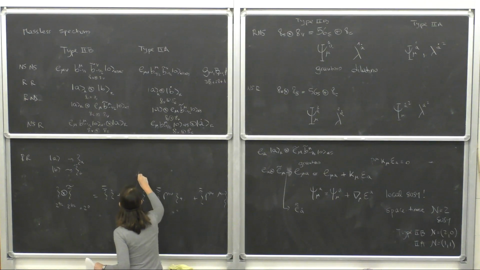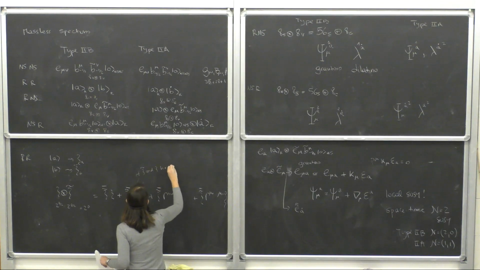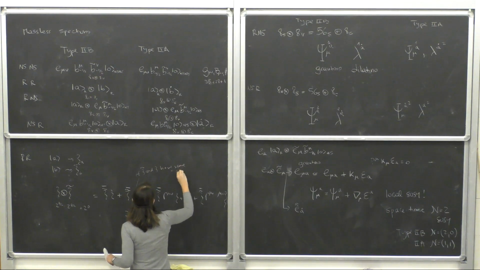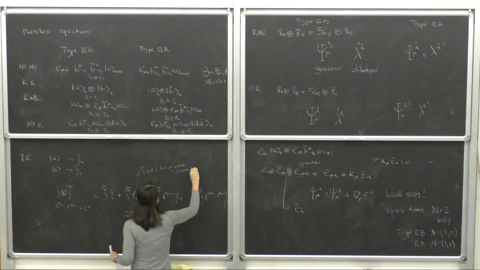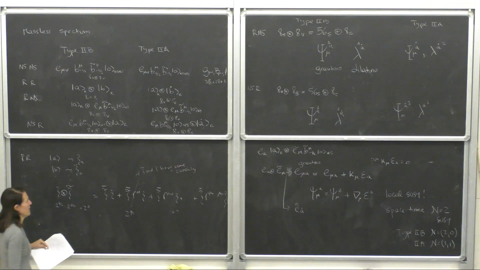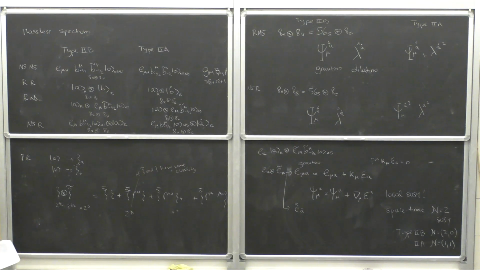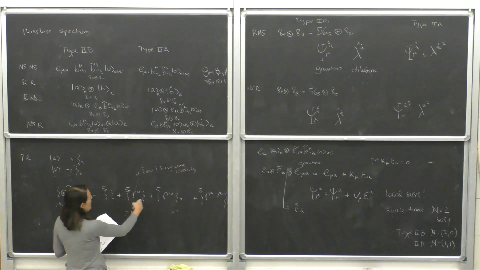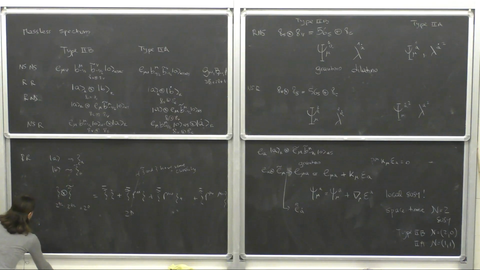So if psi tilde and psi have the same chirality, then you get only things with an even number of gamma matrices. And the opposite, if they have the opposite chirality, you get something with odd number of gamma matrices. So what you get are forms, and these are the Ramon